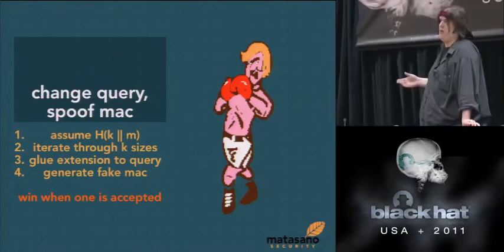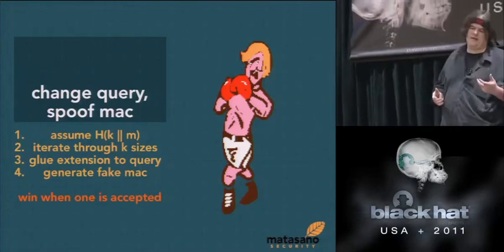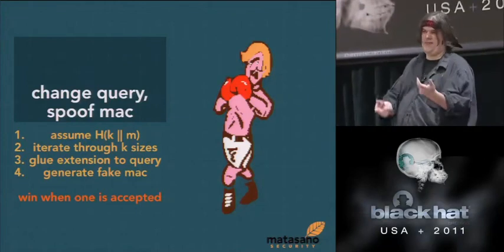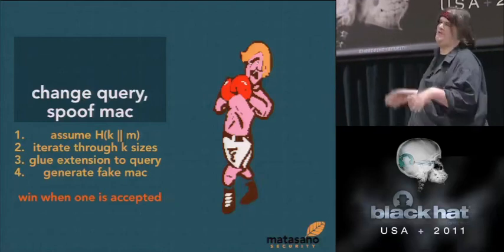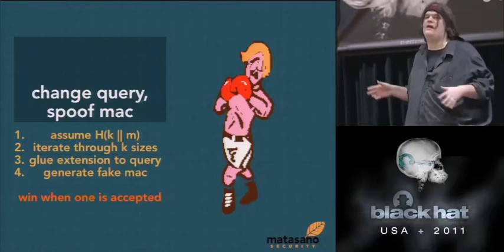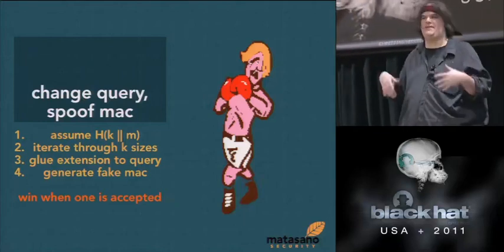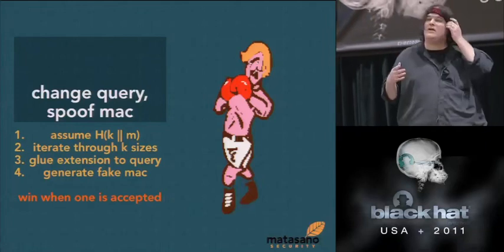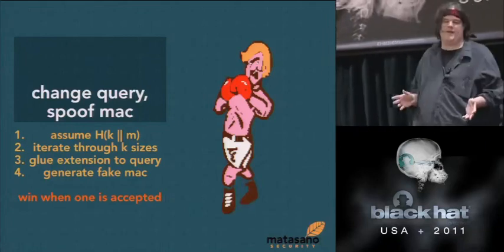It's called HMAC, and what you do is, instead of hashing a secret key and then the data, you hash twice. You hash once with the key, and you hash once without the key in two different steps, and that blocks the attack. But you'll find code out there that